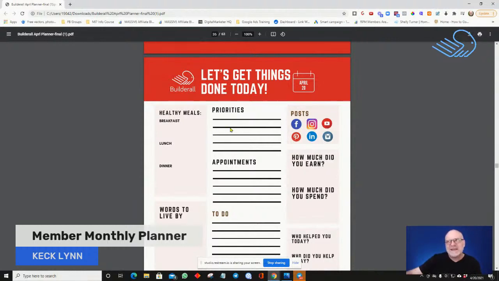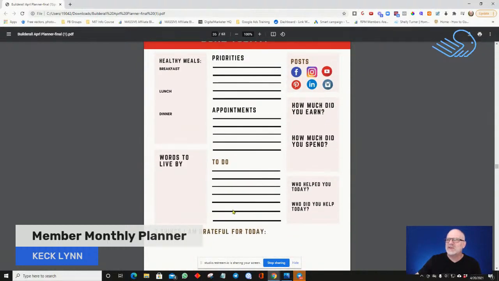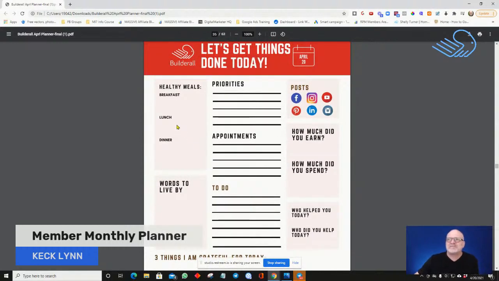But whatever it is for that day, you can write down your priorities. If you have any appointments, you can write them here. And then to-dos, things you have to get done that day. And then a nice little